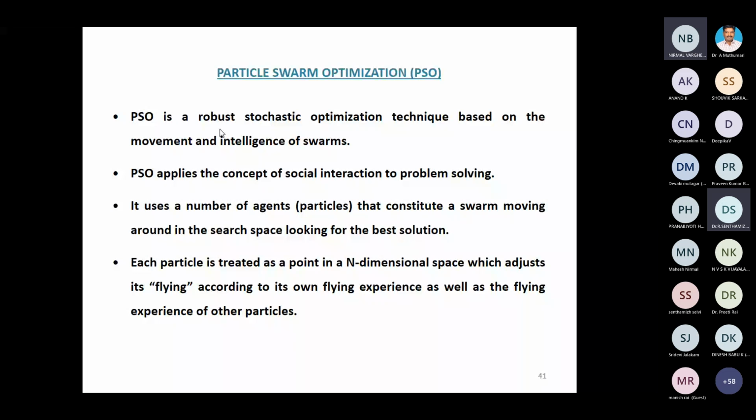99% is all humbug, madam. Without simulation, people will say in the tabular column 98 point something percent accuracy, and they will put a bar chart. I won't accept that. This is all humbug, all gimmicks. See, I will tell you. First, you should do it with your classical methods and prove it. Then you identify the purpose, and then you see the drawbacks, the disadvantages of that purpose. Then you try to overcome those drawbacks.